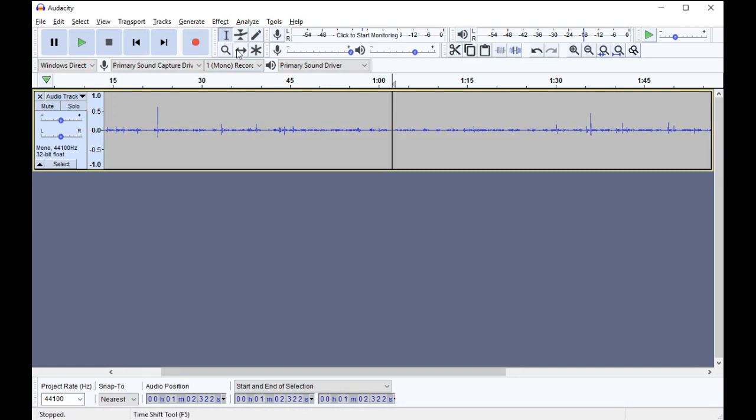Now I can switch tools and use the Time Shift tool, F5, to get that, and I can click and drag to move this section apart and have an empty section in between these two audio clips. I can bring them back together, and now I will go back to the selection tool and click here,